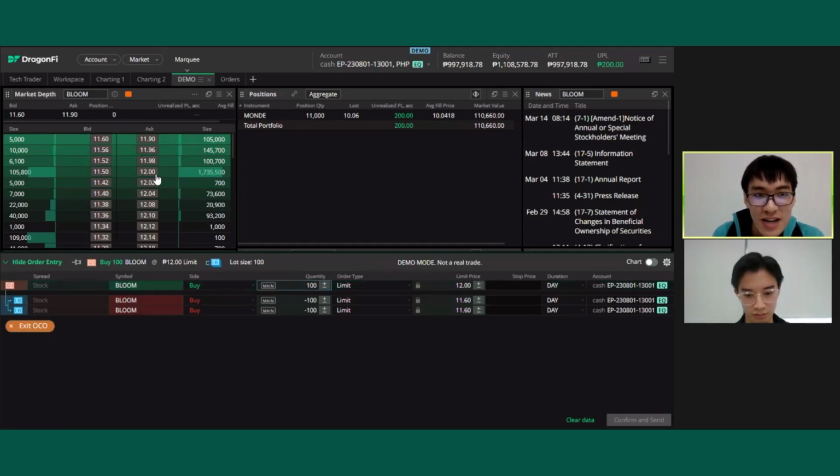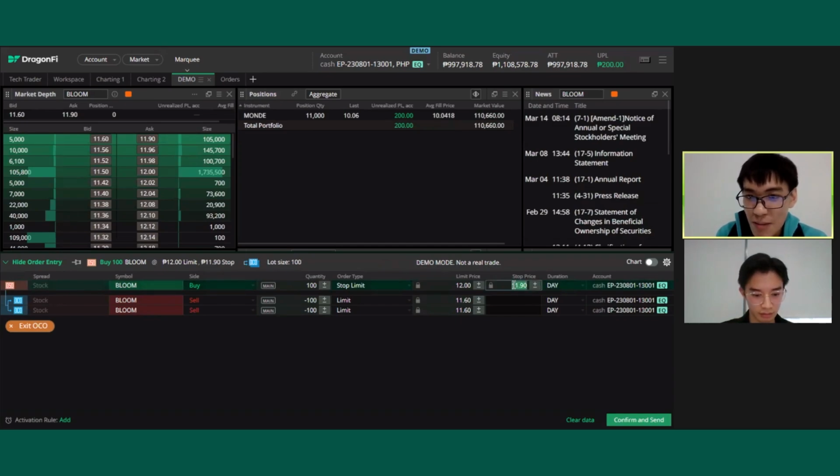So let's say you want to buy at the break of 12 pesos. So gagawin mo is, the order type, you would change this to stop limit because you want to buy at the break of 12, diba? So your stop price would be 12. Then your limit price will be above 12 pesos. So maybe around 12.04, let's say. Then your quantity, so whatever position size you computed. So let's say, for example, 10,000 na lang. Right? So that's your stop limit.